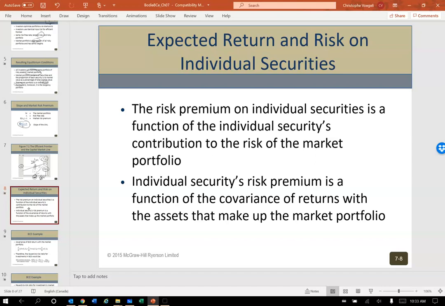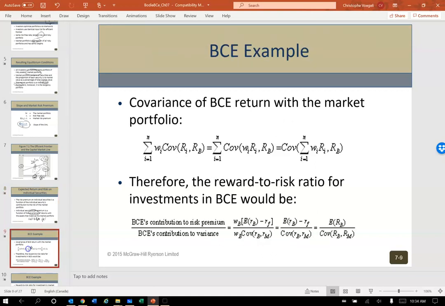The risk premium on different securities is always going to be a function of their individual contribution to the portfolio's risk. So if one individual stock carries a lot of risk in relation to the market, it'll of course have a higher risk profile. And again, it depends how they co-vary with each other or correlate to each other. Again, correlation being the rho, which is a function of covariance, as we've discussed in detail.